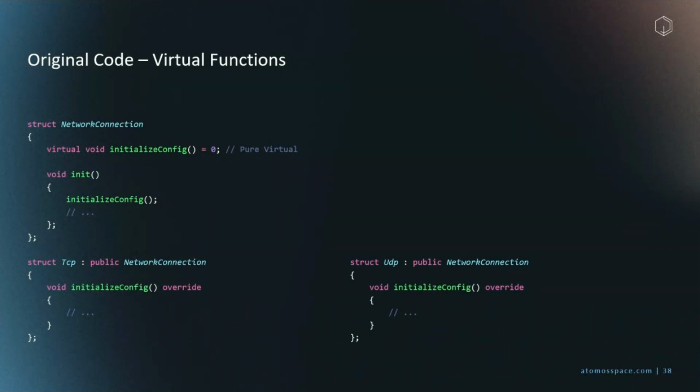And also, you solved a problem here by moving the construction to an init function. Yeah. Because if you wanted to construct using initialize config in the network, you could. So we moved everything to the init function in order to deal with that, because we can't call it. I mean, to restate,